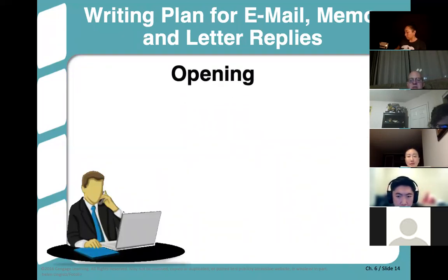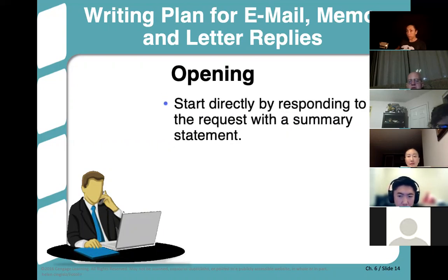In the opening, you start directly because this is a positive communication where we're not expecting any pushback. So therefore, we don't have to sell our way into getting support or into explaining why we're making the request. You can start directly by responding.